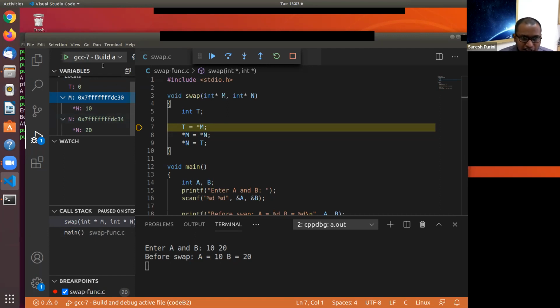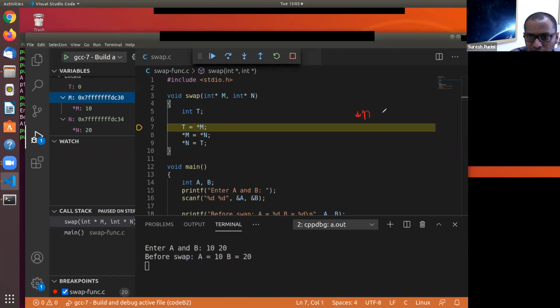So now you can see after line 7 gets executed, will star m change? Now, can you tell me what are the aliases here?